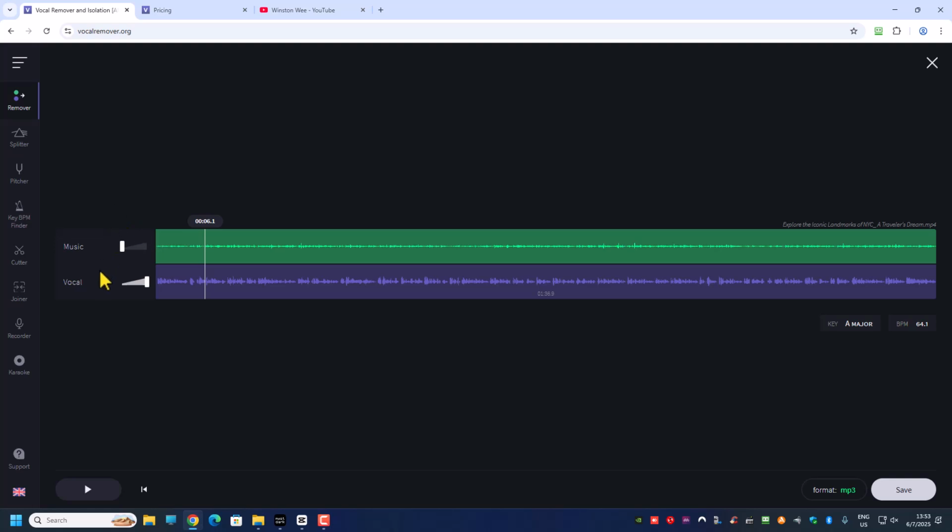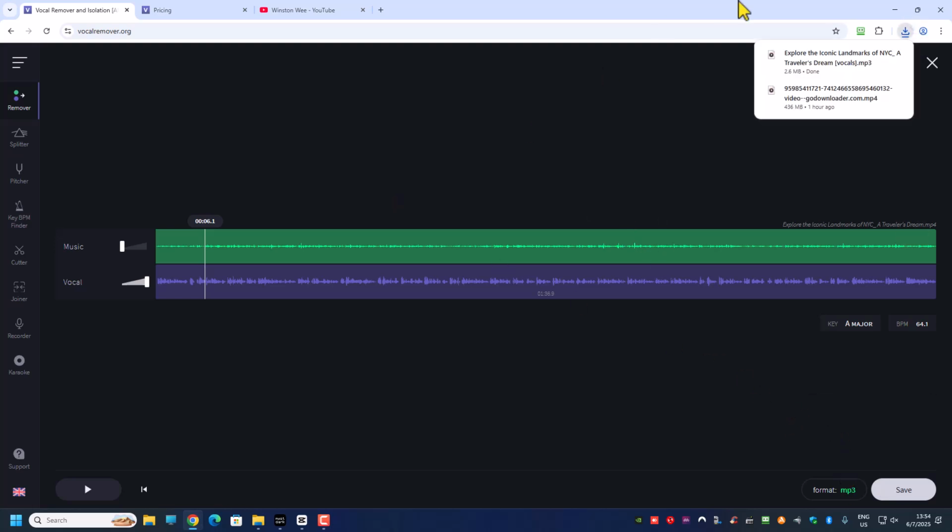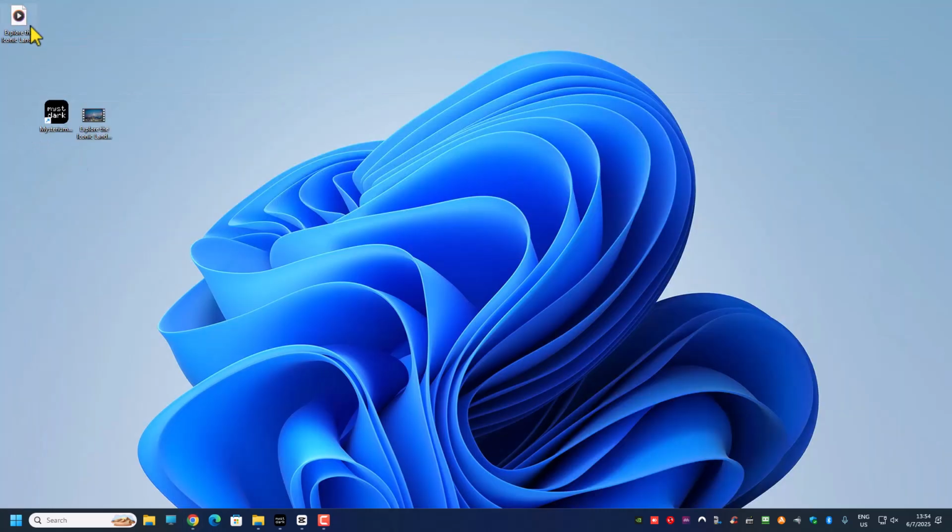So once you decided if you want to save the music or save the vocal, just click on this button over here, and then you can choose to save vocal. If you want to save vocal, then you'll save, and then we'll have this vocal file that just